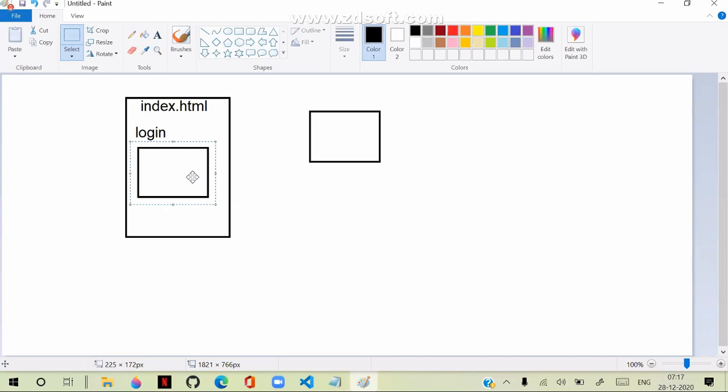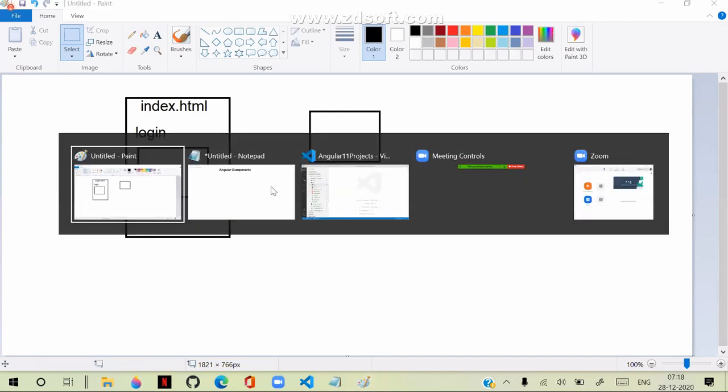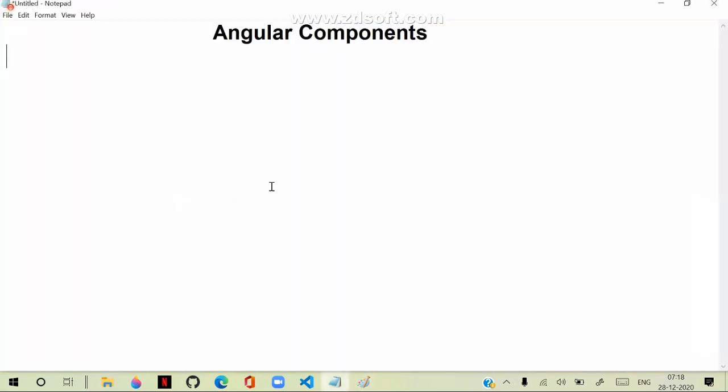Now, every interaction that the user is handling, like login, like register, like navigation bars, generally these are considered as components. So entire Angular application is built with components.